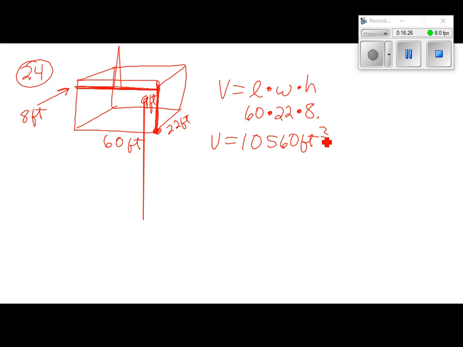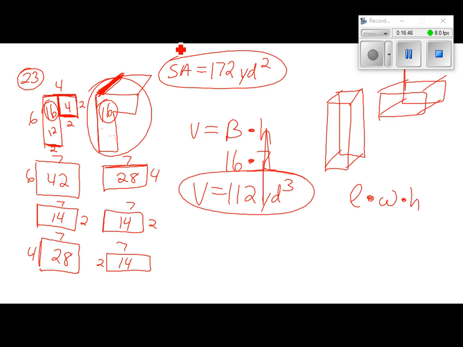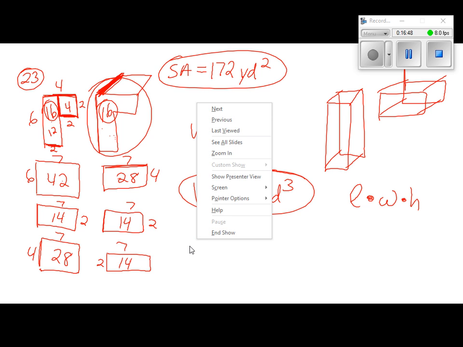Now, they didn't ask us to find the volume of the pool. They said how many gallons of water will you need to fill the pool, and they told us that 1 gallon of water fills up about 0.134 cubic feet. So all we're going to do is we're going to take